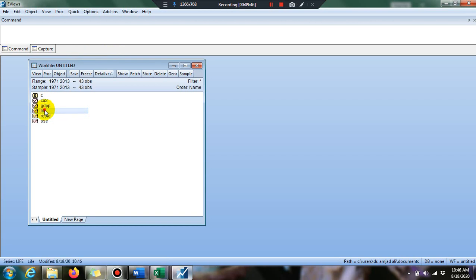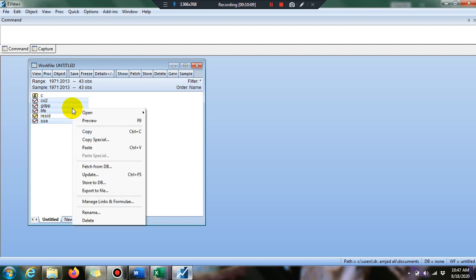Select your dependent variable first and press the control key. You have to hold the control key while selecting the other variables. So select the second variable, still holding the control key, then the second independent variable, and then the third independent variable. Then right click.